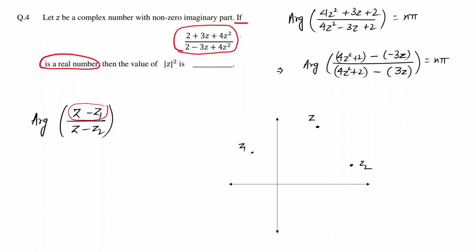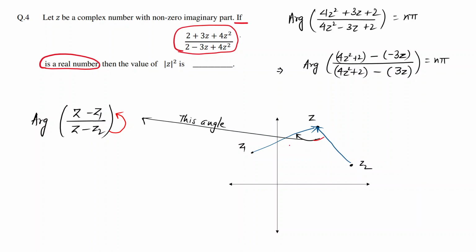So you have this numerator vector you can define here, joining z from z1. This is how you make this vector, and then the denominator vector is joining z from z2 like this, and then what you measure is the angle between these two vectors, and you go from denominator to numerator, because the sign of the angle also matters here, whether it is positive or negative. So I will go from the denominator vector z minus z2 to z minus z1, and this angle is represented